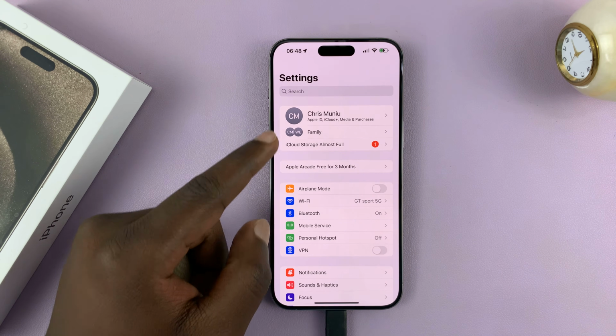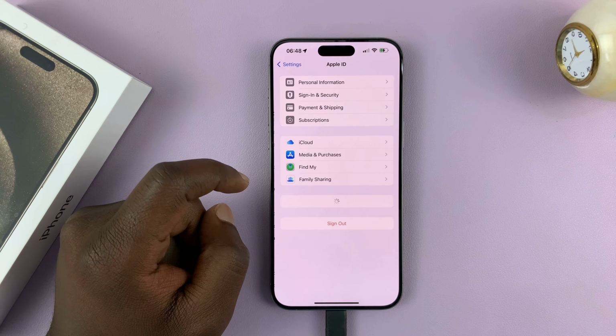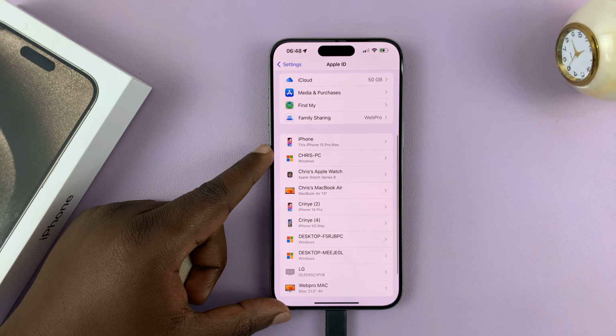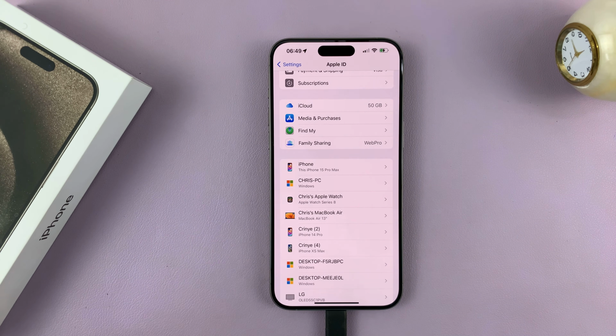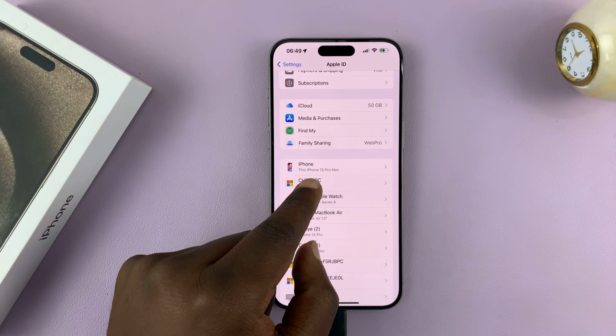On the settings page, tap on your name or your Apple ID name at the top there. That takes you into your Apple ID page, and here you'll see all your Apple devices or devices logged into your Apple ID. Now the first option is normally the phone you're using, so it says this iPhone 15 Pro